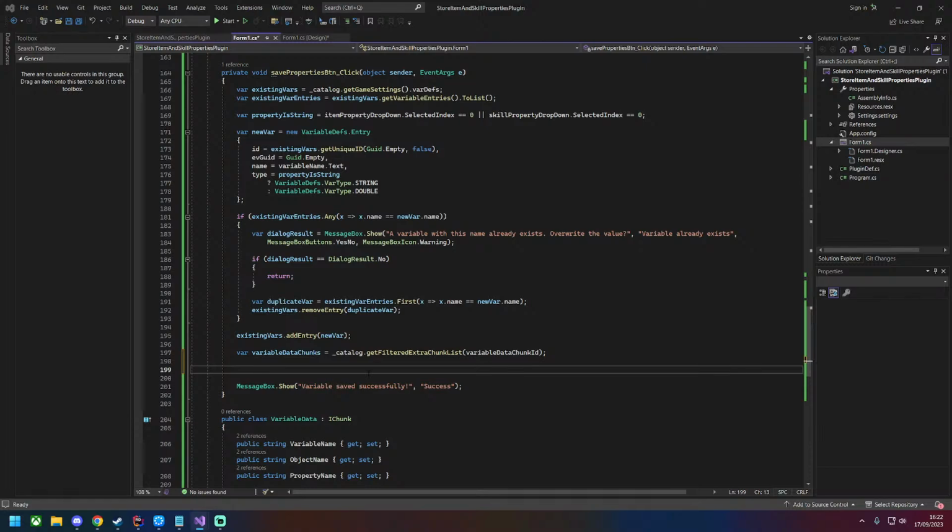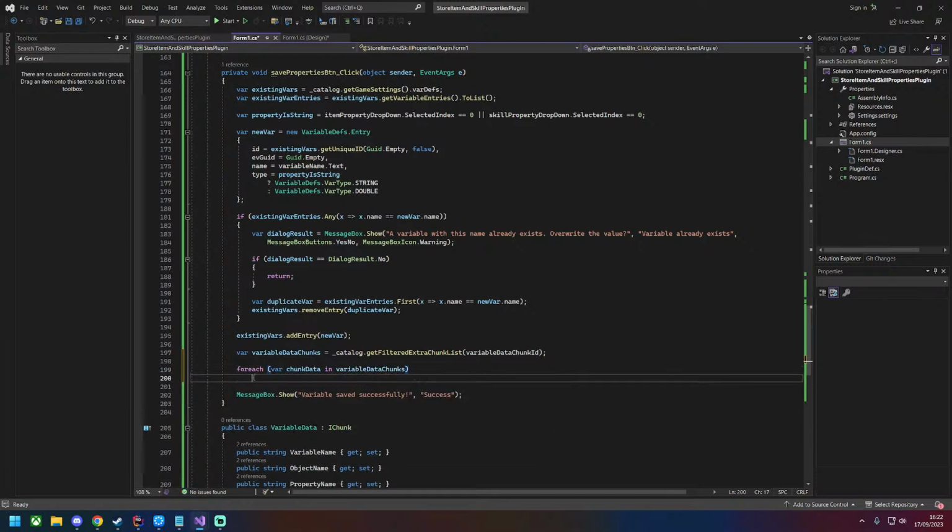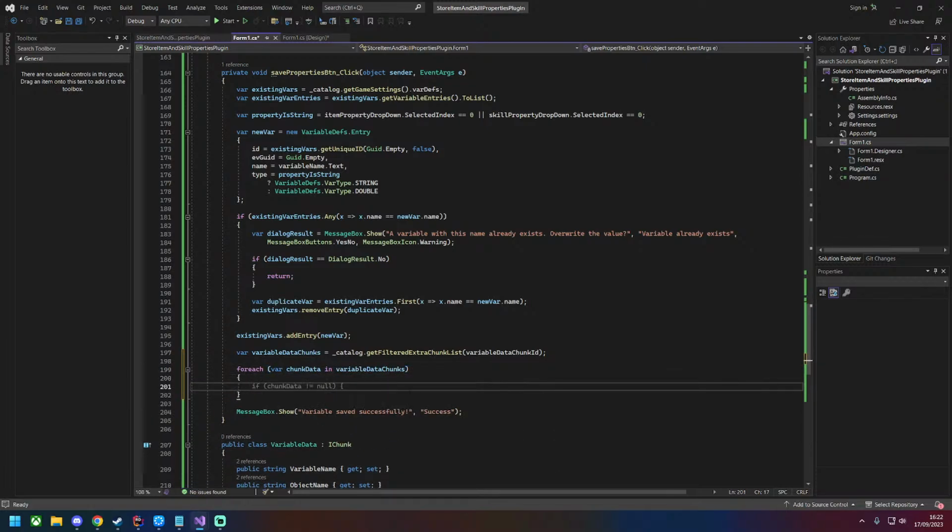Right, okay, I remember now. Okay, then let's see. So, reach chunk data in. If chunk data dot read